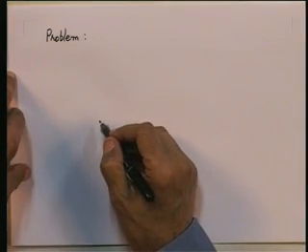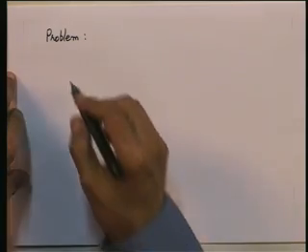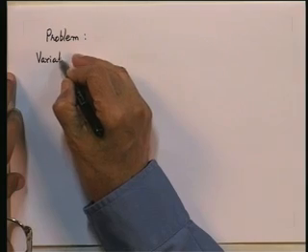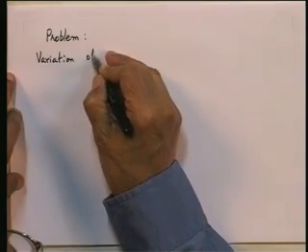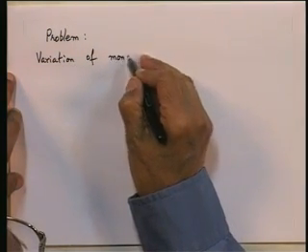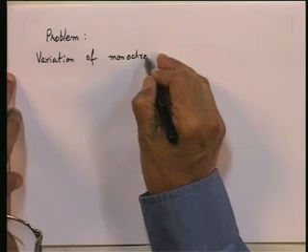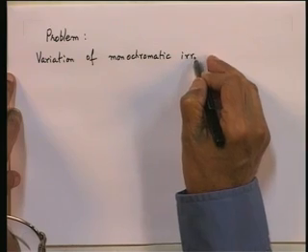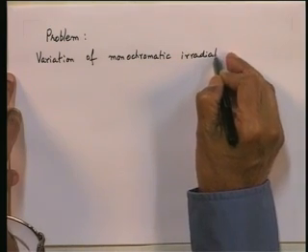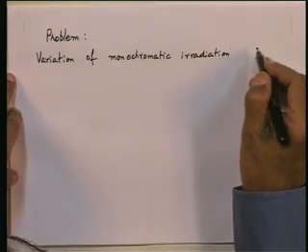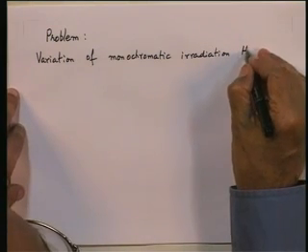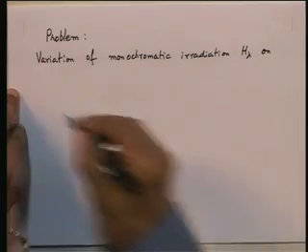For a surface, the variation of monochromatic irradiation, that is H lambda, on an opaque surface